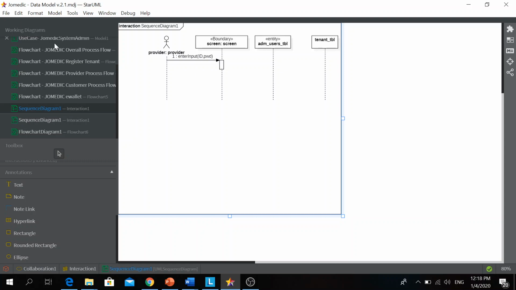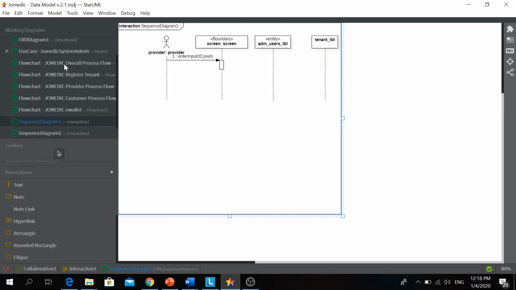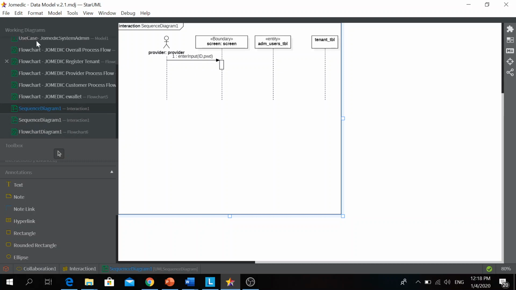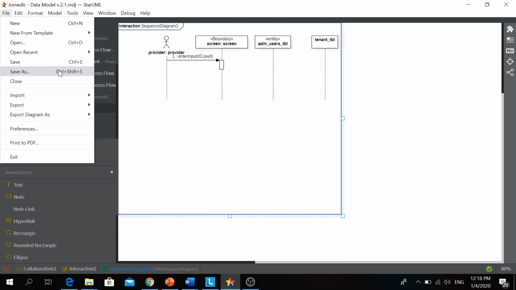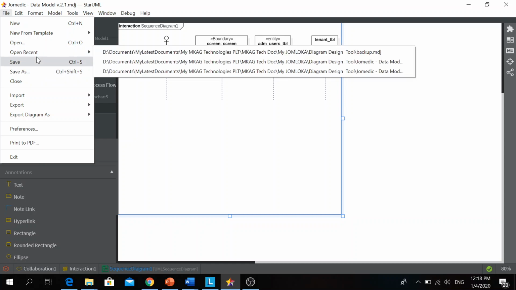Wait, I show you the class diagram that I created in StarUML. I just bought this StarUML. Before this, they just gave a trial license only.